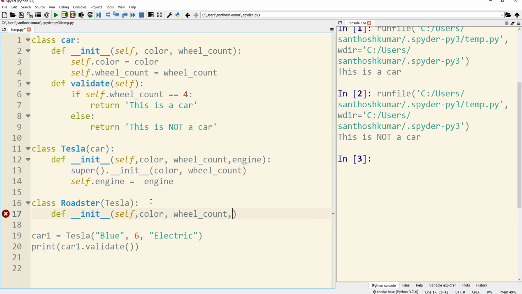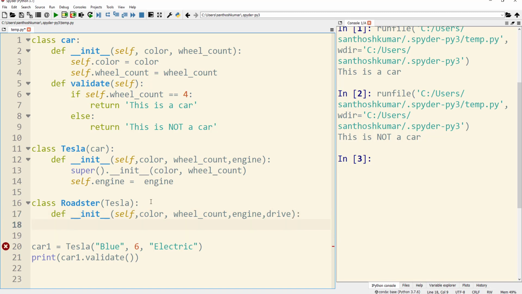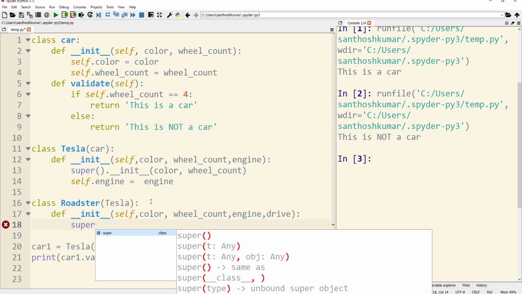The color, wheel count and engine attributes basically come from the Tesla class, and drive is the additional attribute that belongs to the Roadster class. In order to initialize the attributes, I am initializing the first three from the Tesla class.